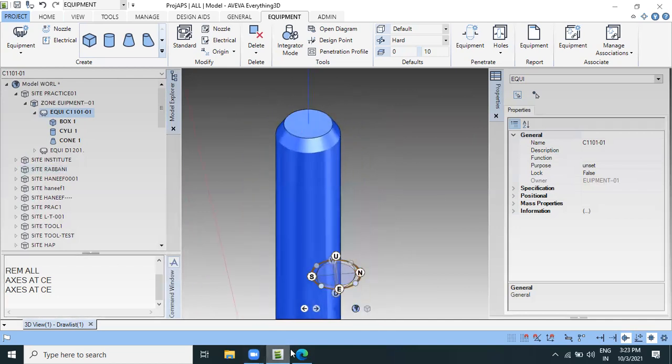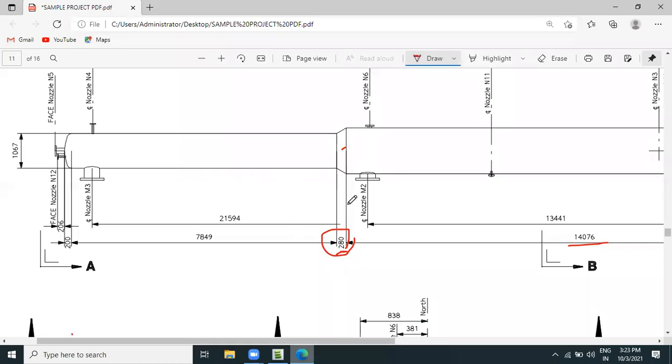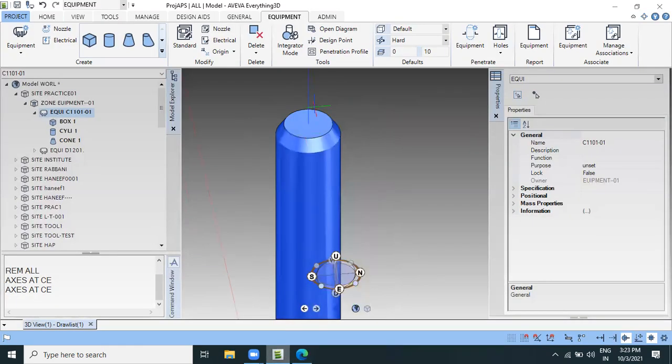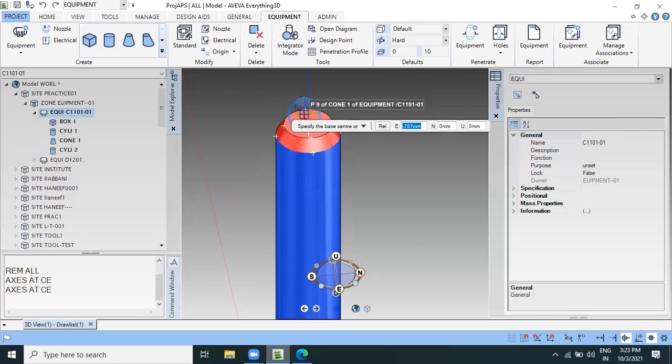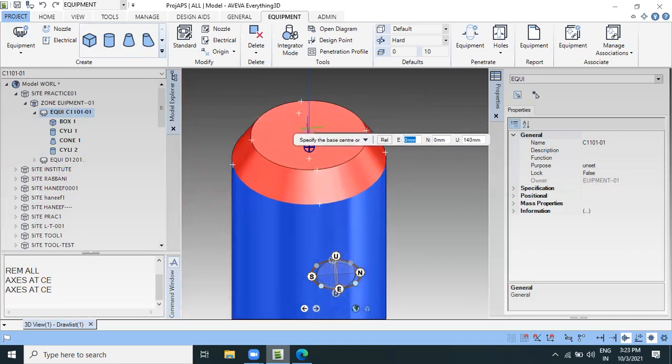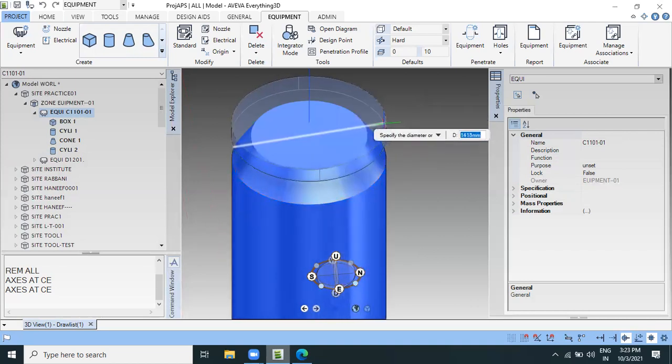Then the next is the cylinder. The height of the cylinder is 7849, from here to the dish, as given. So we'll take the cylinder here. If I take the cylinder here, it will take from the center, so I'll take from here.